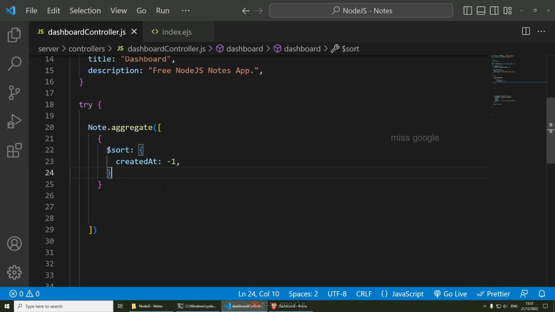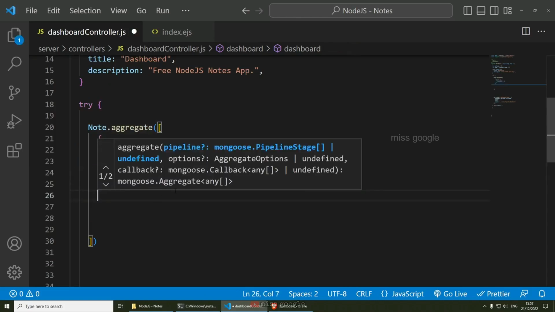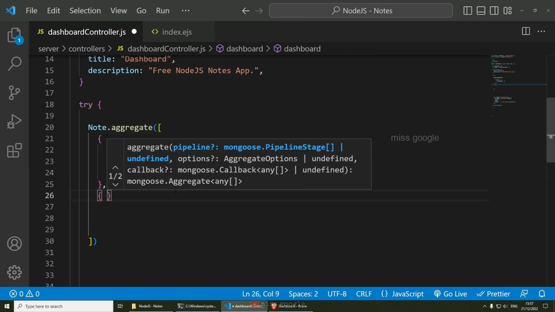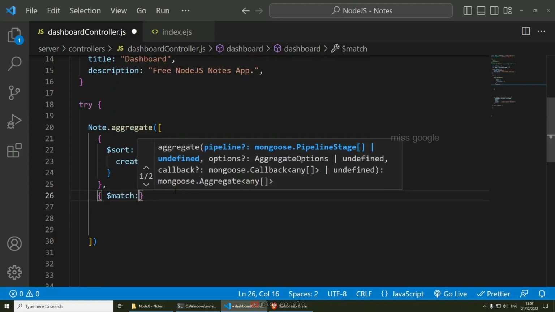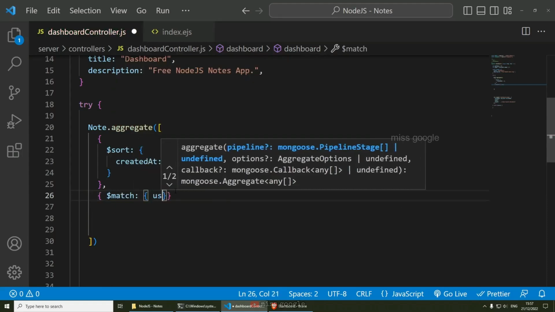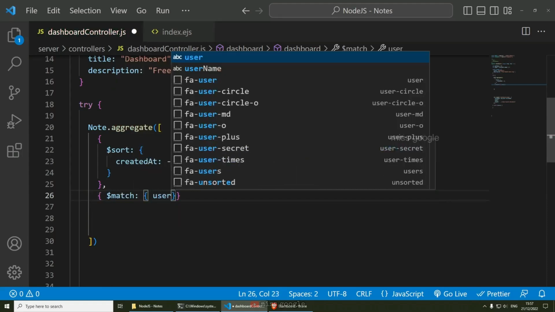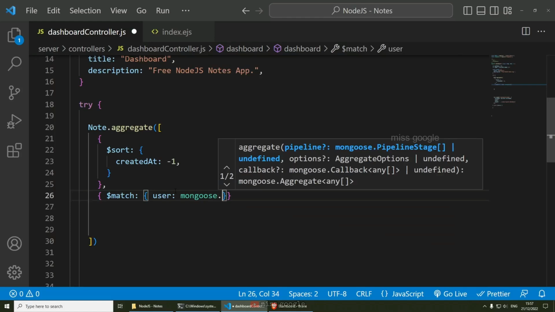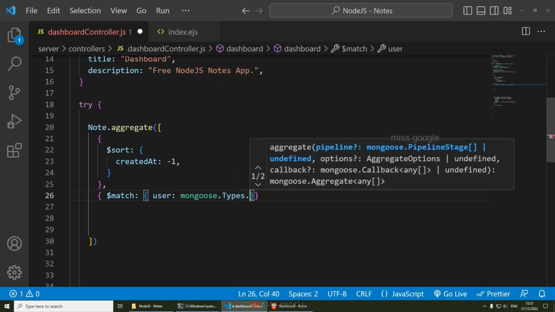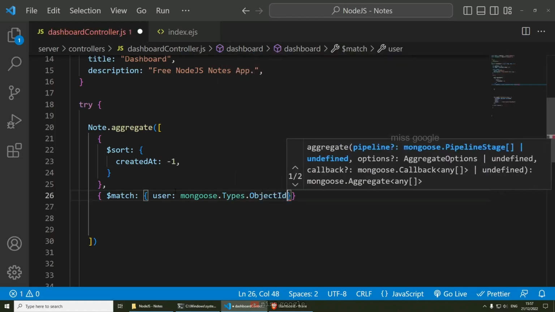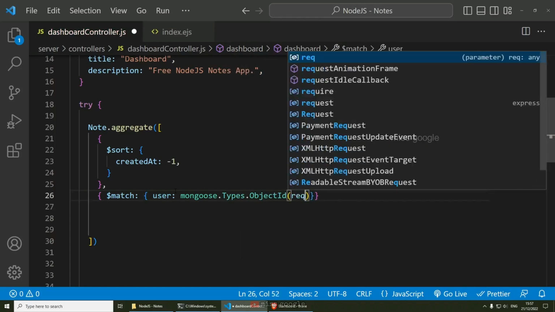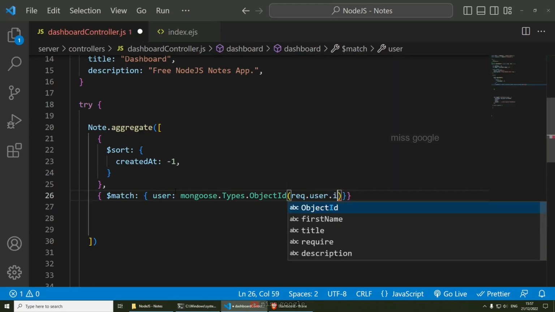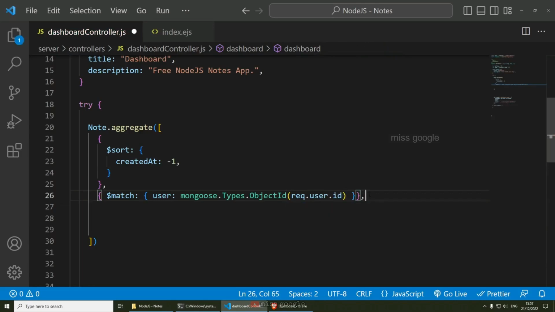And then we need to match the user now. So what we're going to do is use match. And then inside here, we can get user. And then we need to use mongoose.Types.ObjectId. And then we're going to get the request, user, and the ID. So we want to match the nodes that we get from the database to the user, and then we need